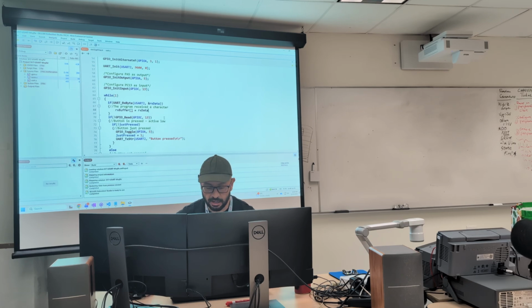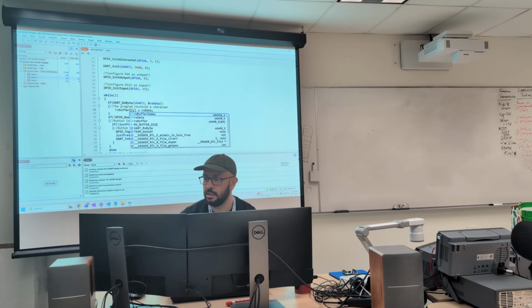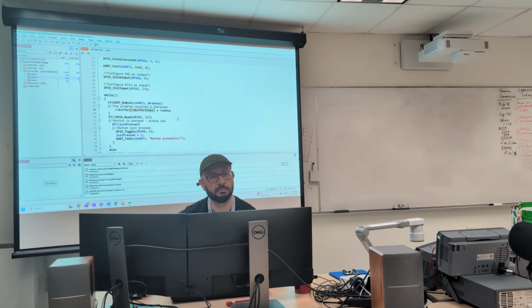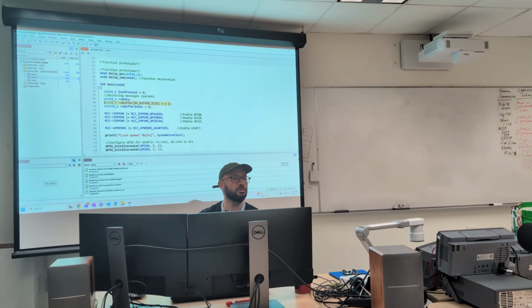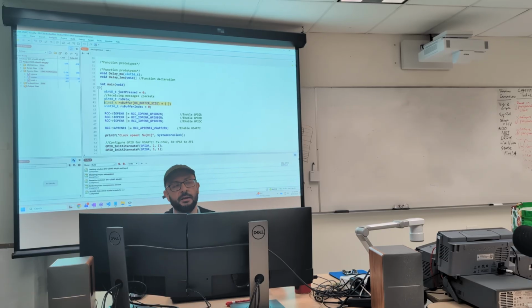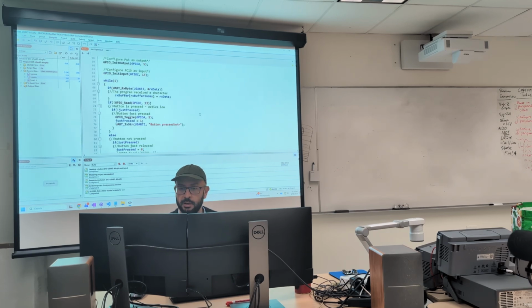And I did define also this Rx buffer index, right? That is going to be for indexing my array. Okay? It's initially going to be initialized at 0, right? As well as my array, please pay attention here that it's being initialized as an empty array, so it's going to populate all zeros. Because if you don't initialize the array, it's not guaranteed that it's going to have only zeros. It could have some random characters.